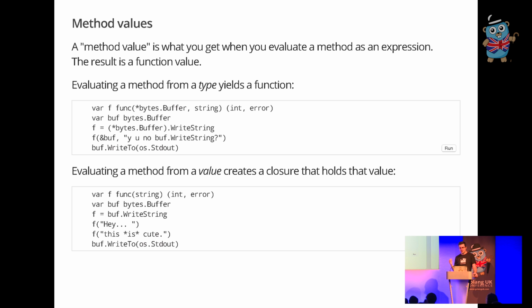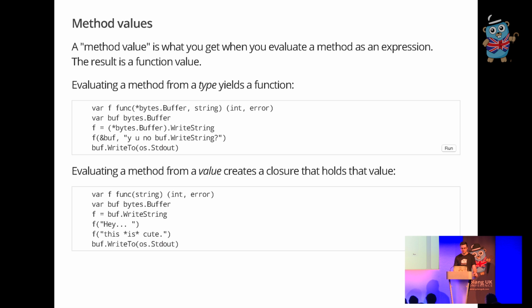So if you take a type like bytes.Buffer and evaluate a method on that type, here I have a bytes.Buffer type name, and I take the WriteString method. It gives me a function value of this function signature. So I get WriteString is a function that takes a string and returns an int